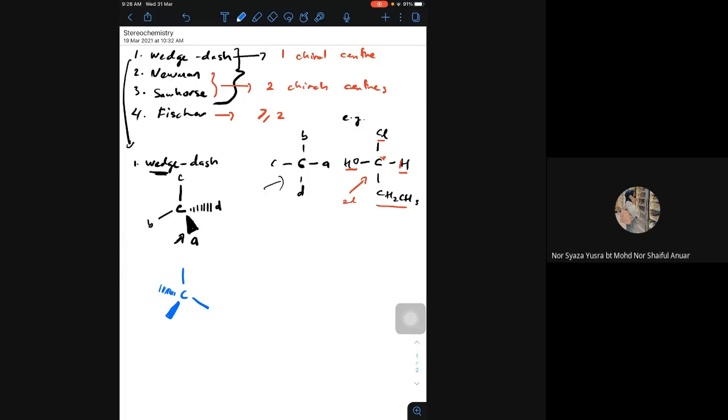Have you tried it? If you have, then you have the experience of actually moving this whole compound. You can move the whole structure around and try to position it so that it looks